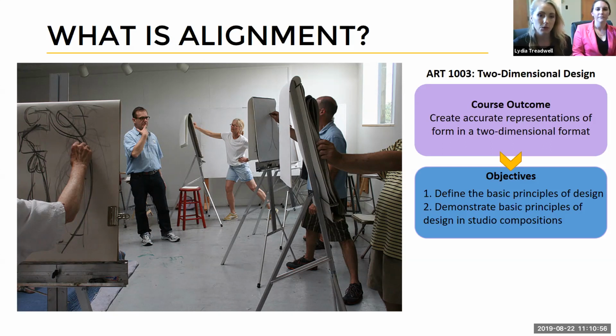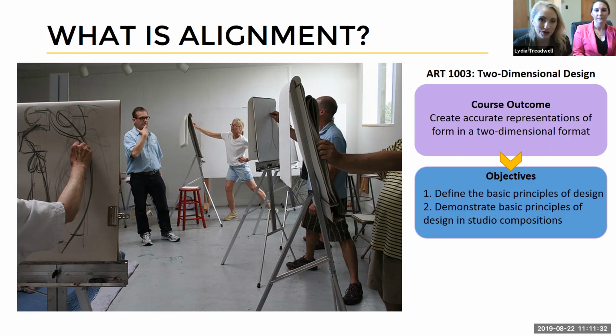And then the objectives for maybe one of the first modules or for the first couple of weeks is defining the basic principles of design. So maybe you go through a textbook, or the professor gives a lecture on line, form, value, shape. You learn what those are, and then you're able to demonstrate what those basic principles look like on pen and paper. So you're going through this course, you're attending these wonderful studio sessions where you're getting some guidance from your instructor in how to apply those different principles of design to your actual work.